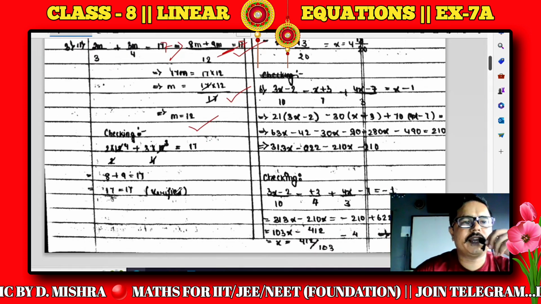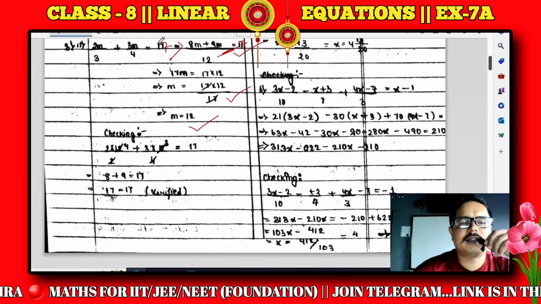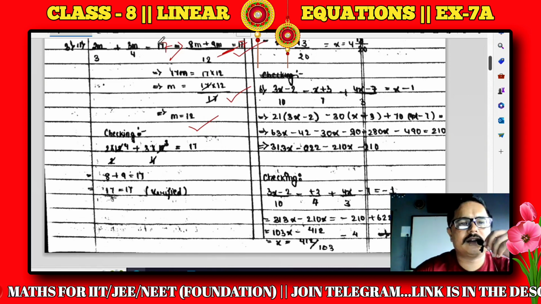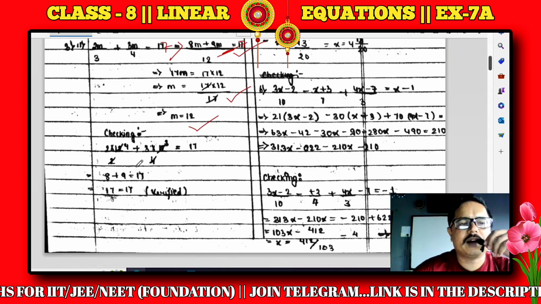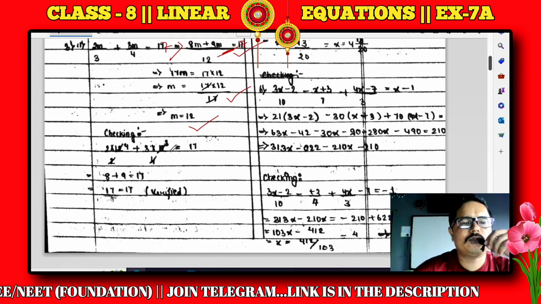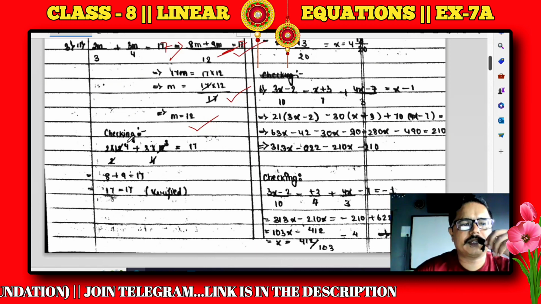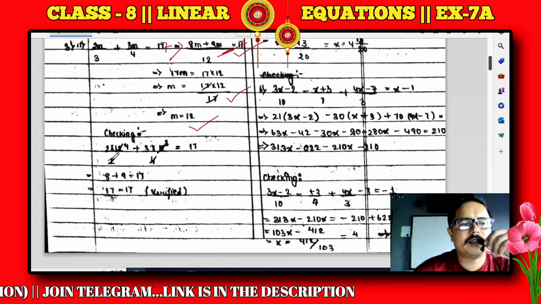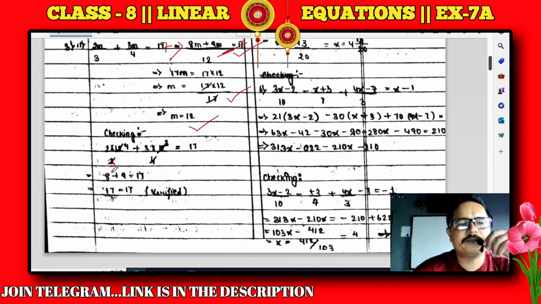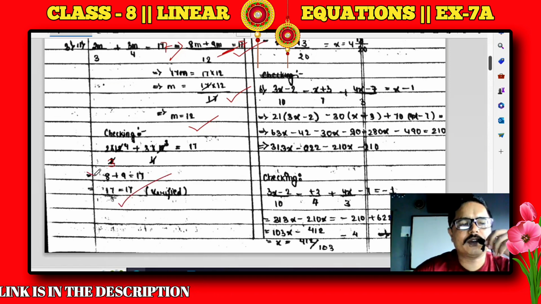And here in checking, we will simplify the left side, and we will bring the right side, because in the right side there is nothing to simplify, it is the number only, 17, so that will come here. So 2 into 12 by 3 plus 3 into 12 by 4. So 4 3s are 12. Now 2 6s are 12, right? No, this is 3. This is 3, so 3 4s are 12. So 4 2s are 8, and 3 3s are 9. So 8 plus 9 is 17, and the right side was 17 only. So it is verified. 17 is equal to 17.